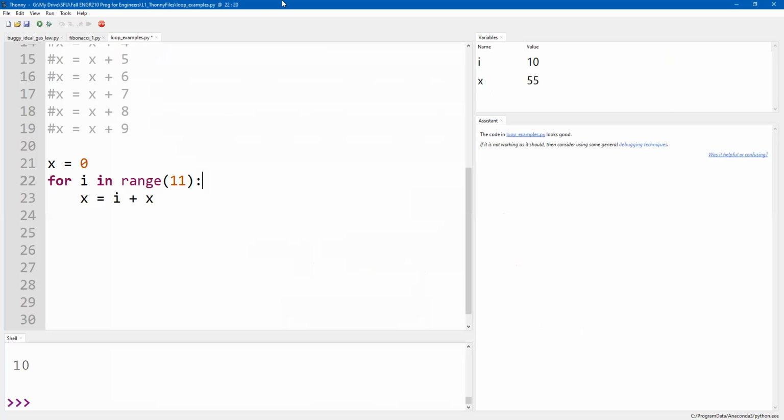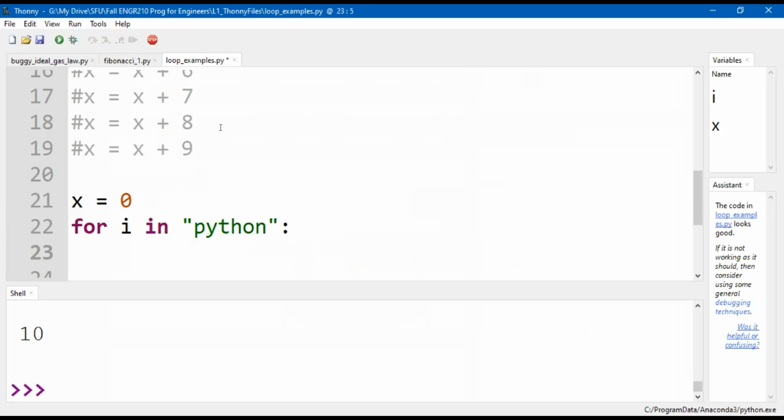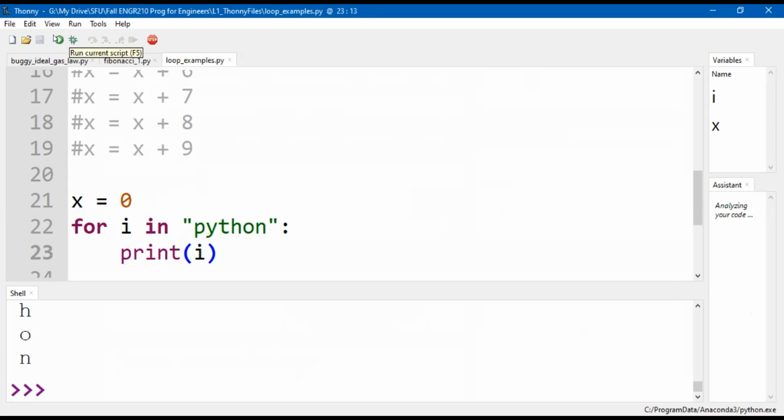So if I go back into Thonny, I can say for I in, and I'll give it a word, Python, and I'll just print whatever the loop variable is. I'll run that, and it spits out the letters of that word.